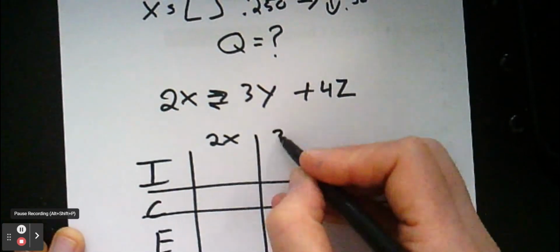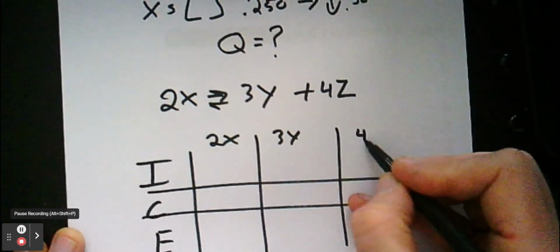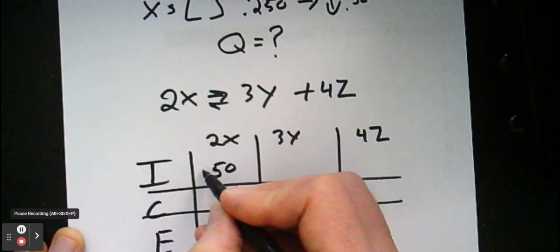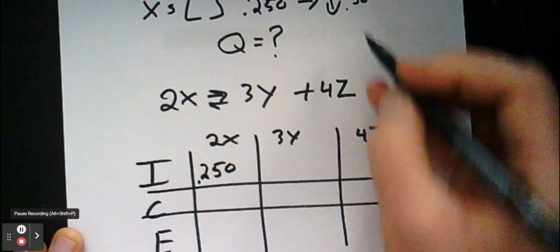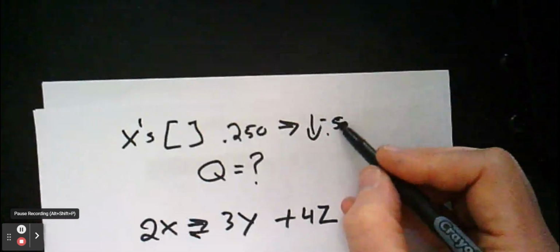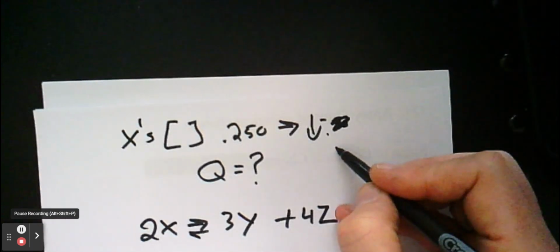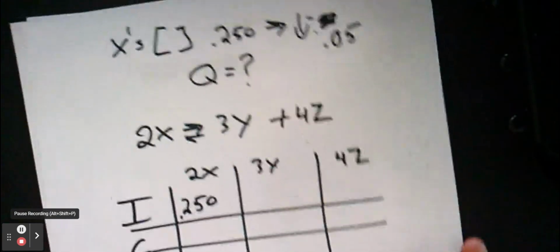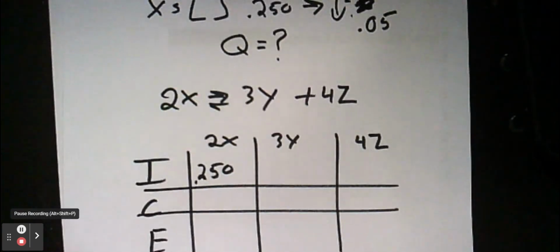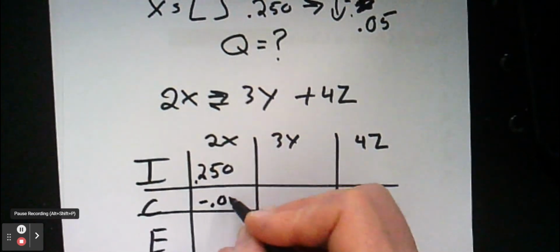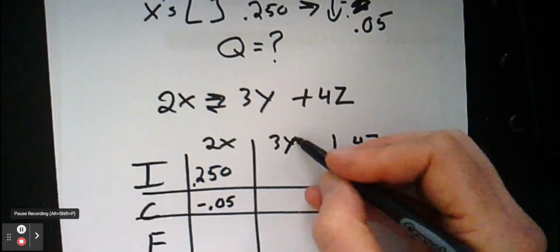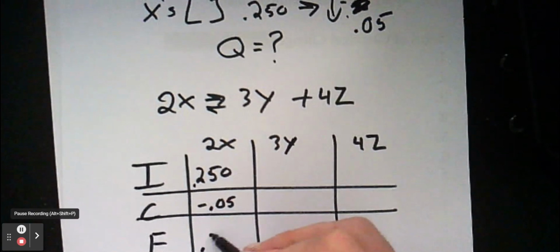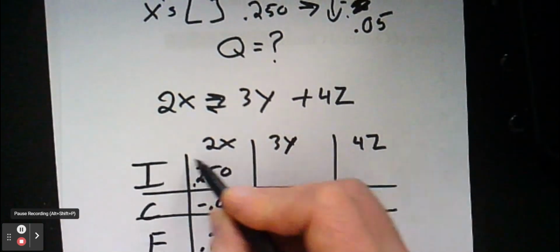2X, 3Y, 4Z, 0.25. Oh, I meant to make this 0.05 down. All right. So negative 0.05. So my equilibrium is going to be 2X. Now,